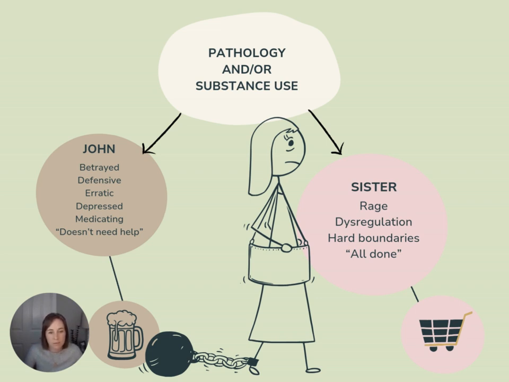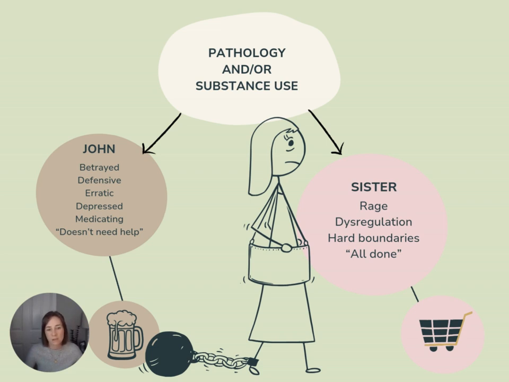And because of the active pathology and substance use in the family, I was also struggling with some symptoms, and mine were rage. I was pissed all the time. I was dysregulated. I couldn't get my nervous system online or calm. I had a lot of hard and rigid boundaries with others, even people who were trying to support me. And when it came to the relationship with John, I was just all done. I was really separated. I was really closed off to the idea of even being in relationship with him,